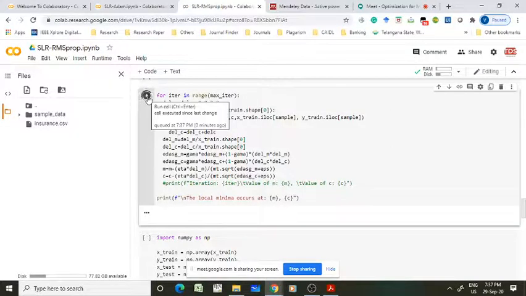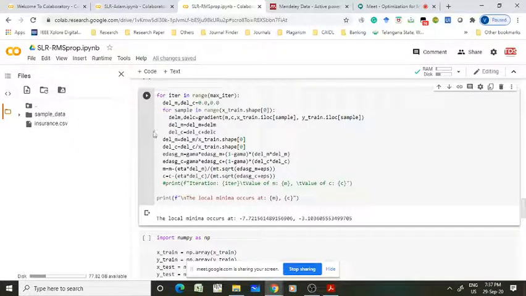So in all the cases, especially in the case of RMSprop, your hyperparameters are eta, the learning rate, and gamma, and batch size, and the number of epochs, and these are all called hyperparameters. You have to tune them. Your model performance will depend on these values. You have to tune them.